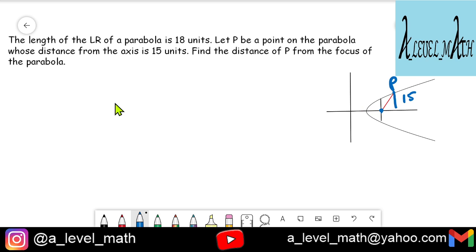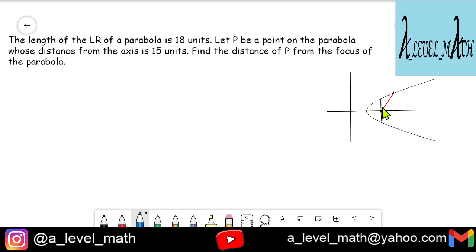Alright. The problem is that we are not given the equation of the parabola. Okay. So how to deal with it? We have to go by the very principles, because if we are not given the equation of the parabola, we cannot assume that it's right-handed or left-handed or upward or downward. It can be anywhere on the xy plane. So its direction could be anywhere, and that's why we cannot assume the equation of the parabola to be y square is equal to 4ax or x square is equal to 4ay or anything, because the equation is not known to us and none of its features as well. So what should we do?